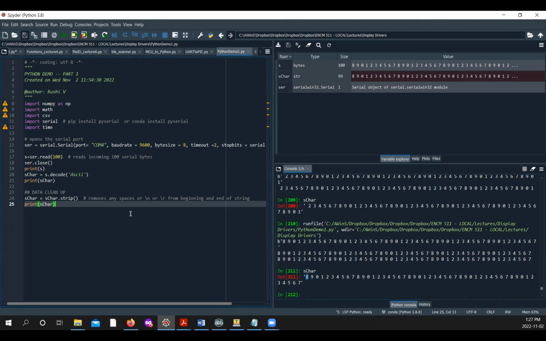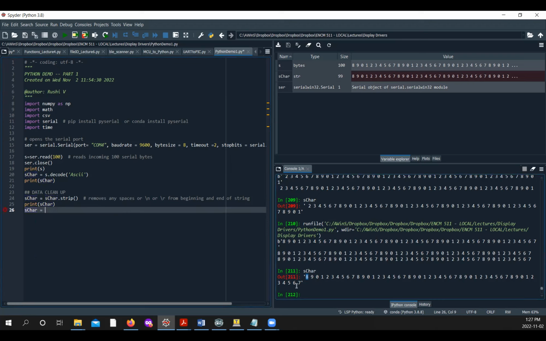The next thing we need to do is break this up into individual elements and save it in a list. We're going to use scare still to store the converted list. This is one string, and we want to break it up into individual characters separated by space. To do that, the command is scare dot split, and we want to split it by the space or the gap in between. That's going to be in single quotes, just a space. And to see what that looks like,